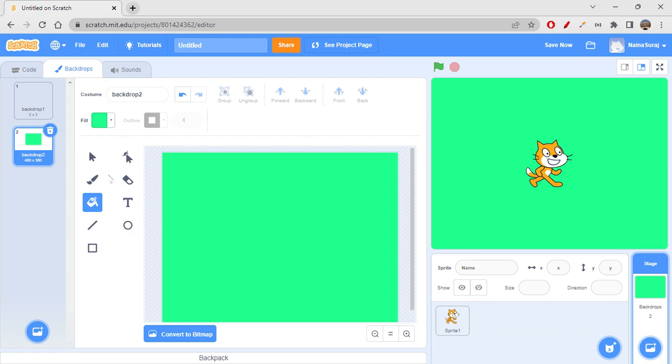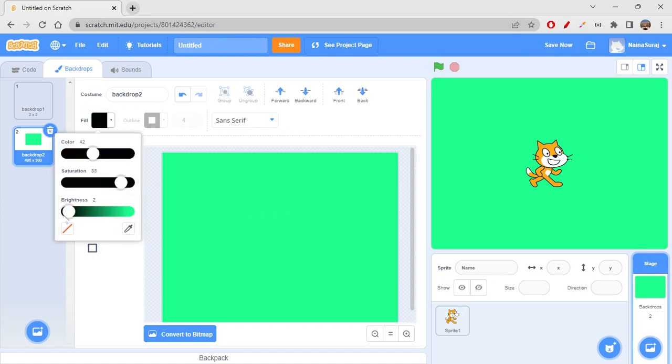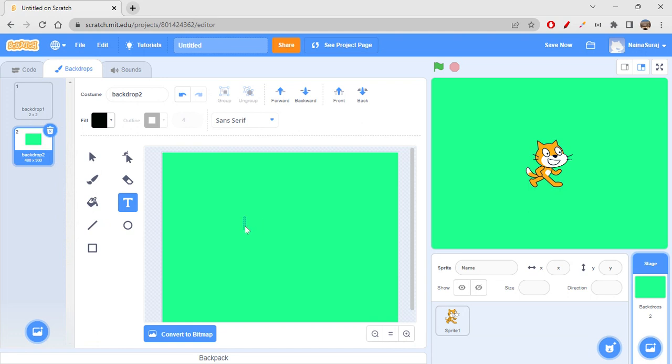And so you have a select tool, a reshape tool, brush tool, eraser tool, text tool, circle, line, and rectangle. Okay, all these are available here. So what does the select tool do? Let me quickly write something over here. Let's say I want to create a game over backdrop. Oh wait. So first you will have to choose the color. I'm choosing a black color, clicking here, and then starting to type.